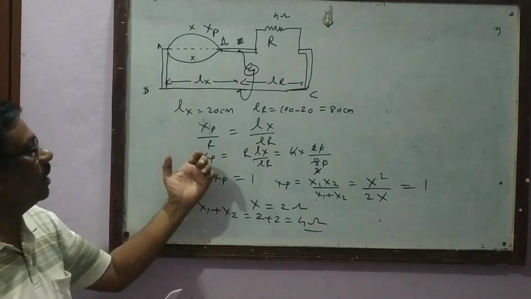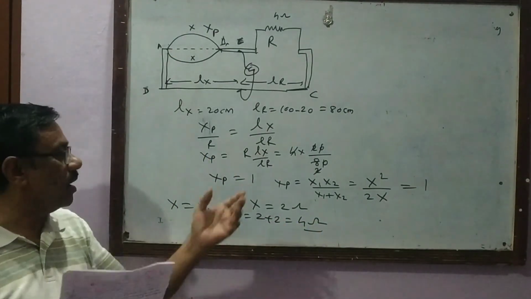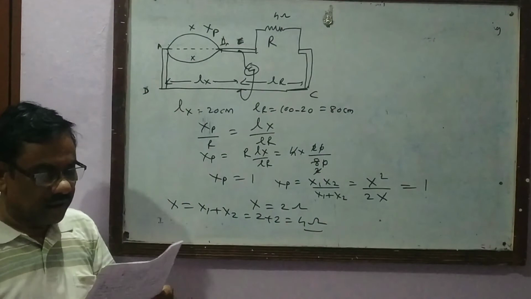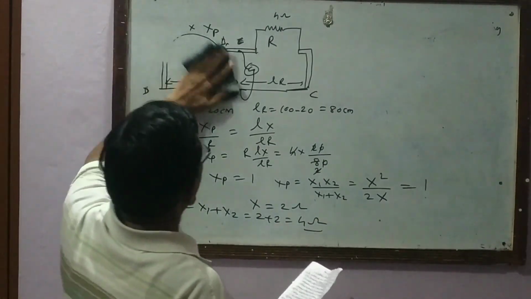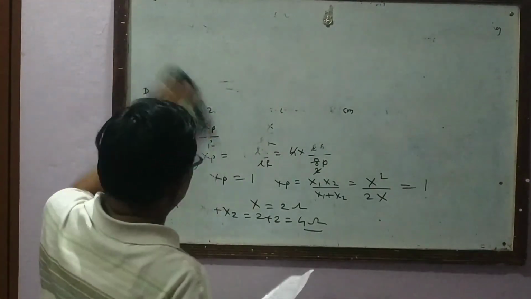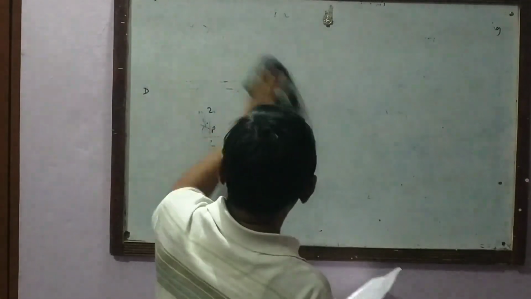This is the answer of example 4 of the exercise. Here the resistance of the bangle is 4 ohm. This is one of the examples. Now the